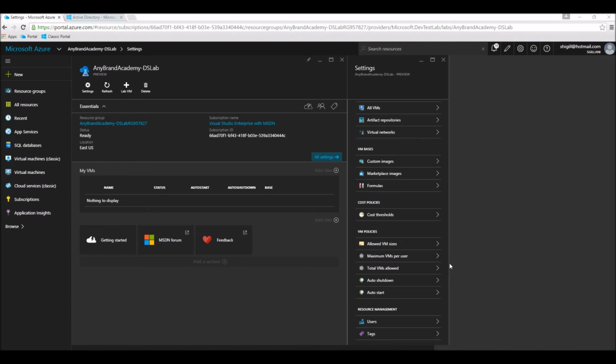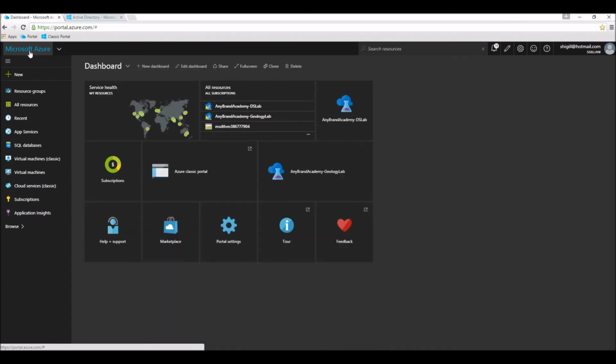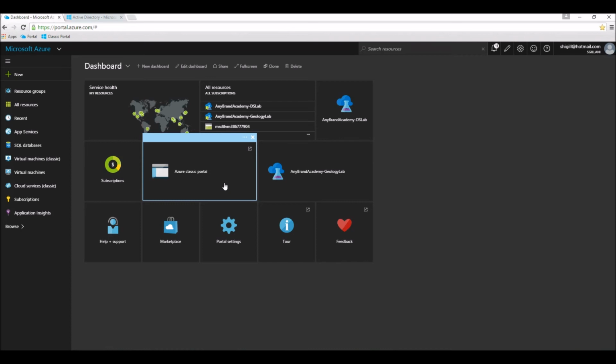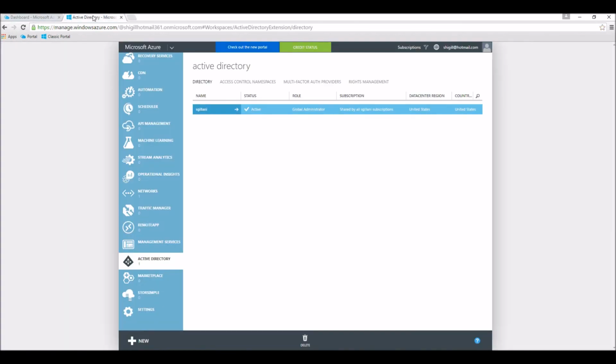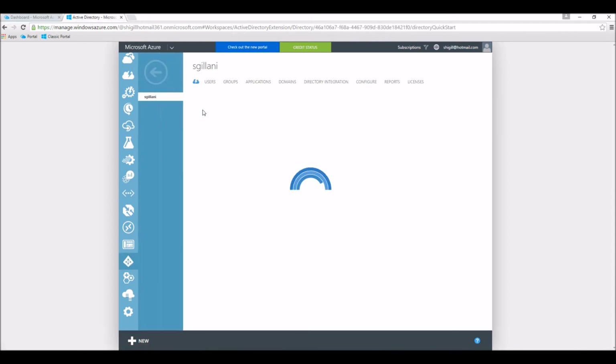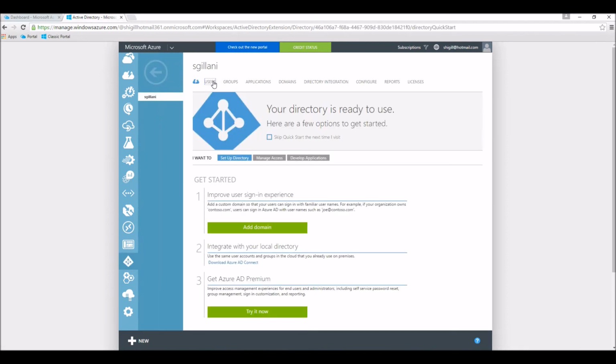Before I proceed further, I think it's important to know how I define these users who are appearing in my users list. If you see the Microsoft Azure logo, click on that, and by clicking on this Azure Classic portal, you can launch a window which will look similar to this. After getting this classic portal, click on the Active Directory and go to your tenant. This is a tenant where I have already defined these three users,